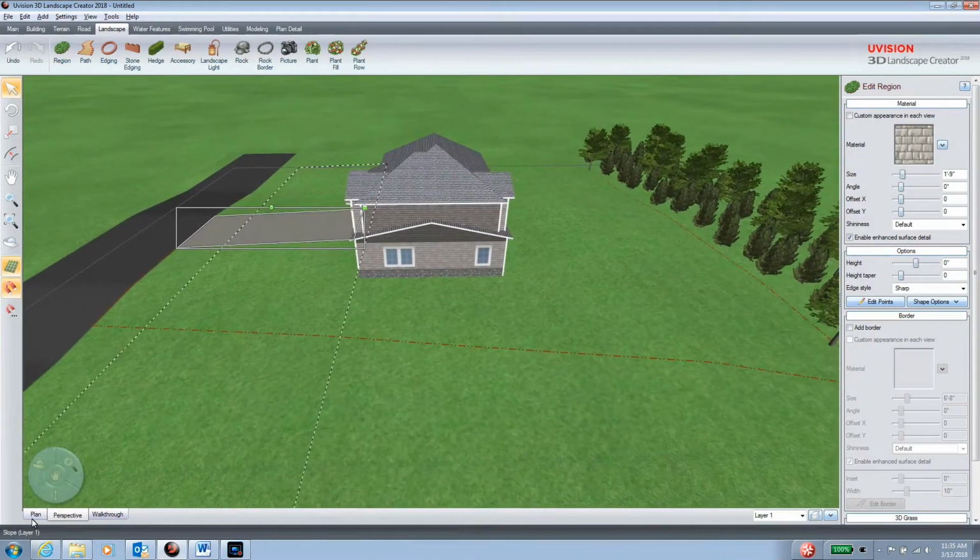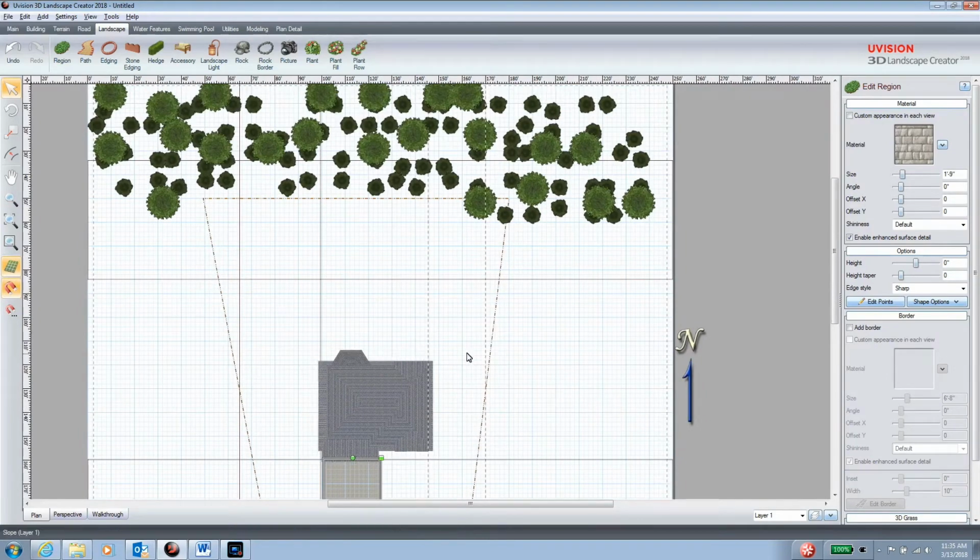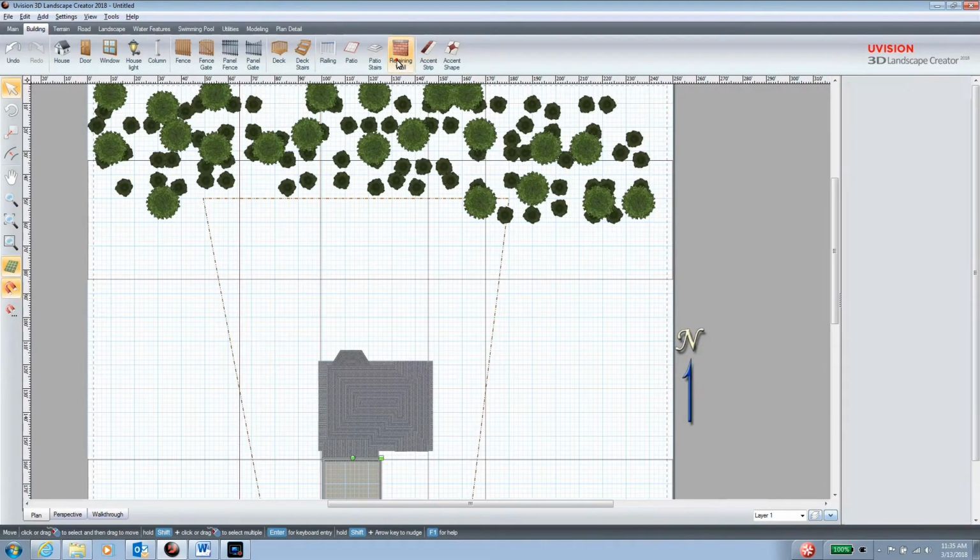if we were to level off this yard and build a retaining wall. Let's say this customer wants to put in a swimming pool right here, but he has to deal with this slope, and you want to build a retaining wall. So we'll go over to our building tab, click retaining wall,